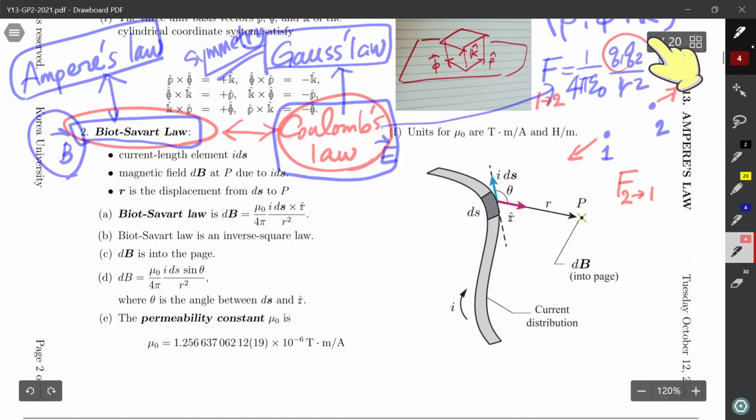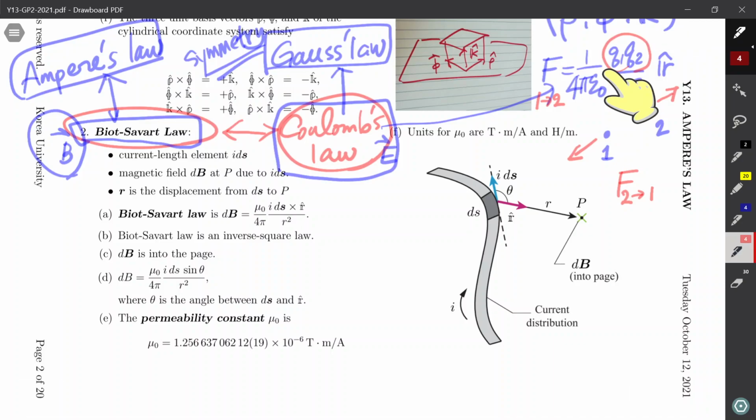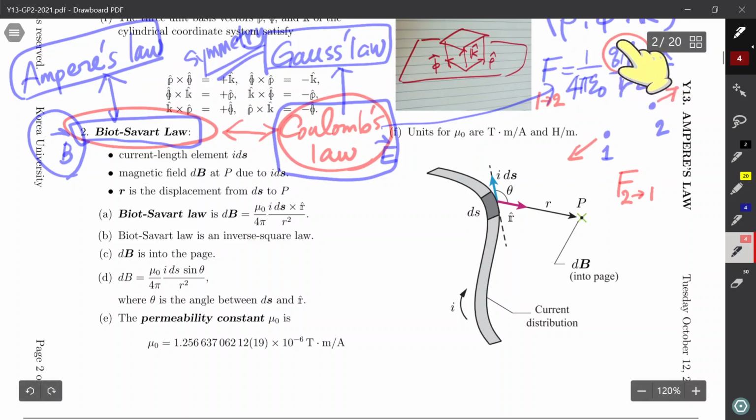And then the product of the charges changes the sign. So if the product is positive, the force is repulsive. If the product is negative, then the force is attractive. So in that case, it flips the sign, the direction of the force. In a similar manner,